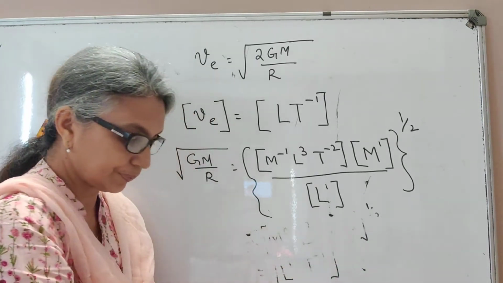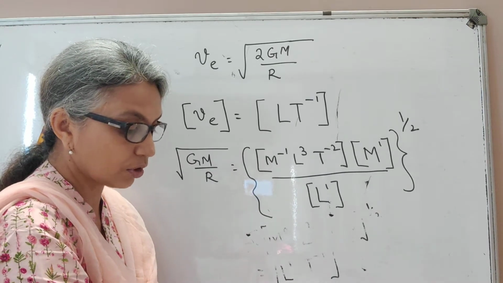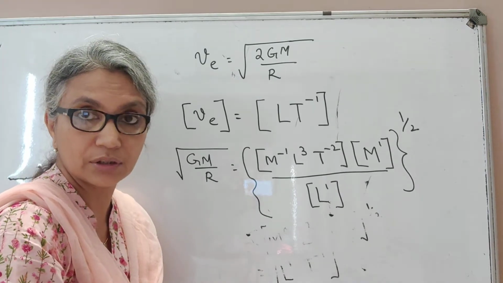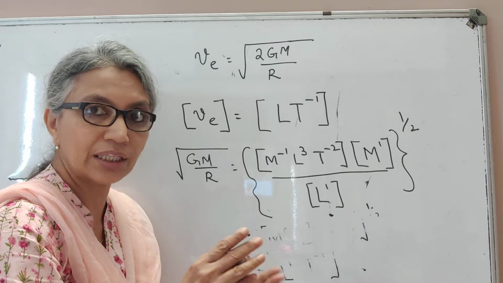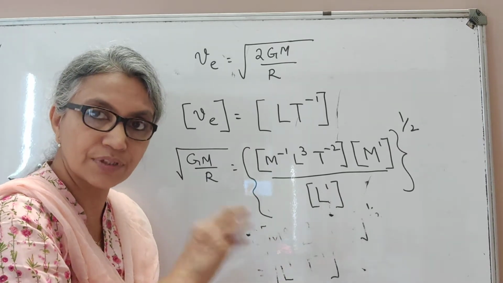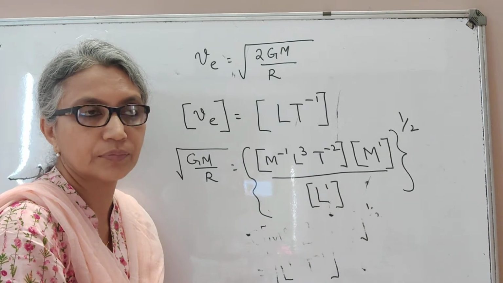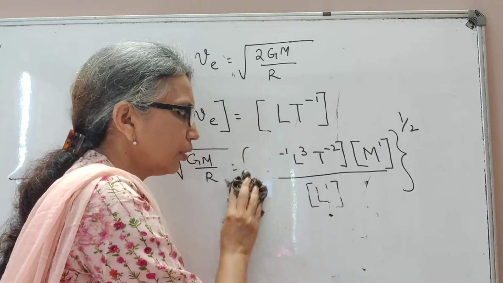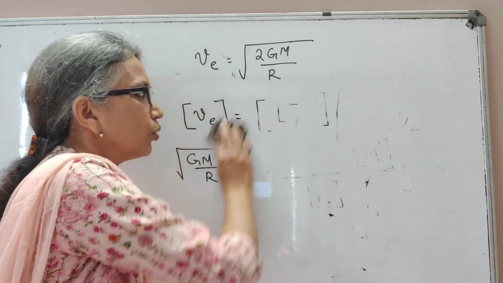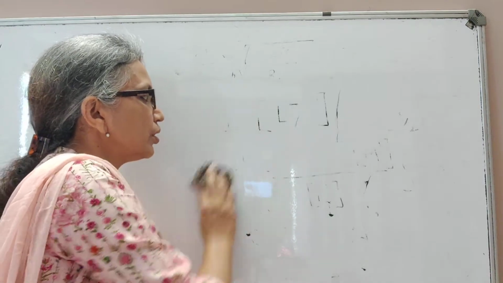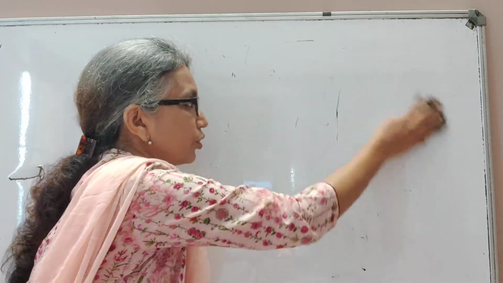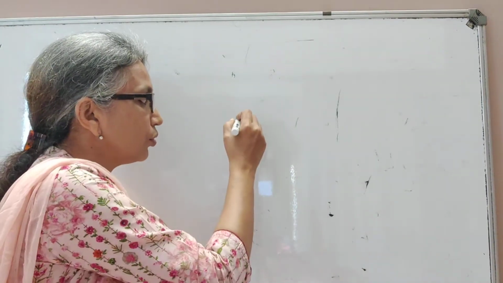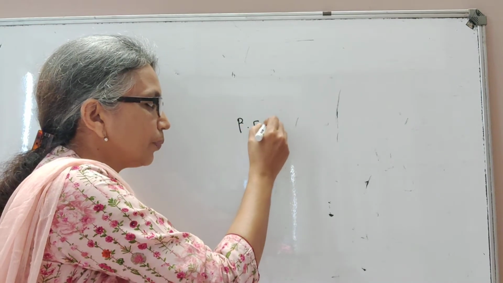In the second application, what you can do is, if you know on what factors a physical quantity depends, then you can find an equation or relation that connects the physical quantity to these factors. For example, I hope you know in 9th standard you have learned the relation potential energy is equal to mgh. Kinetic energy is equal to half mv square. So you know potential energy is dependent on mgh.